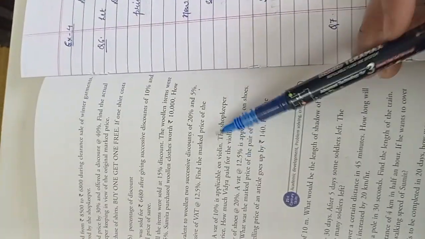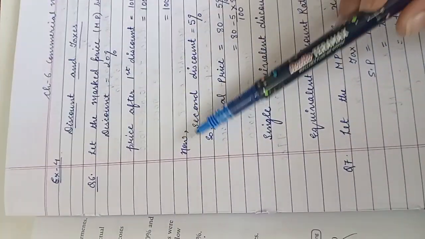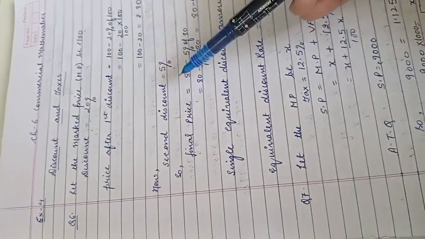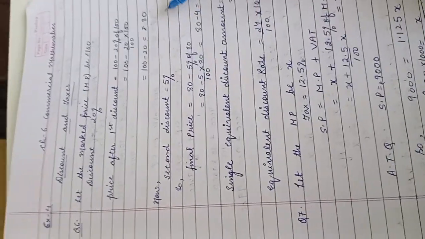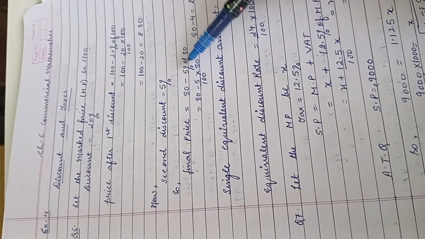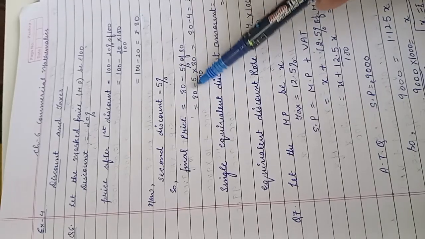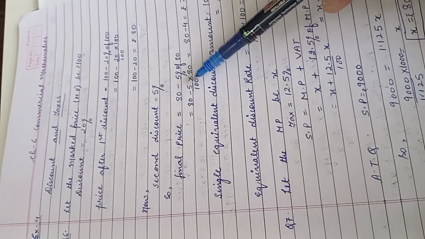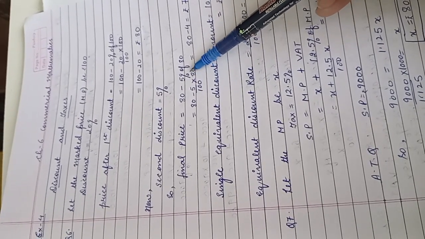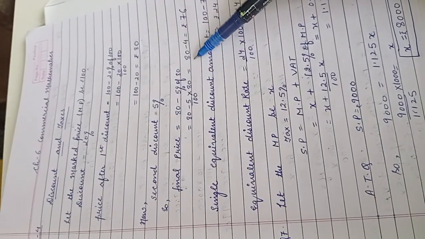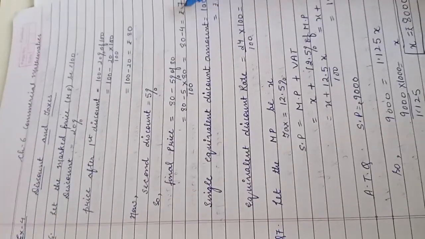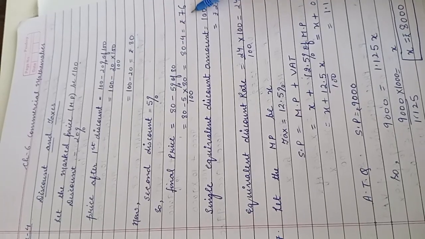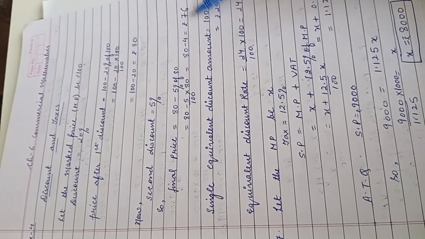Now they have given the second discount also. What was that? 5%. Now the second discount is of 5%. So the final price, or the price after second discount, will be 80, that is the price after first, 80 minus 5% of 80 rupees. Now 80 minus 5 upon 100 multiplied by 80. You can cancel them out. Yes, 0 and 0 will be cancelled out. This will be cancelled and your answer will be 80 minus 4. 80 minus 4 is rupees 76. So this was the price after second discount. Okay, this was the final price after second discount, that is rupees 76.